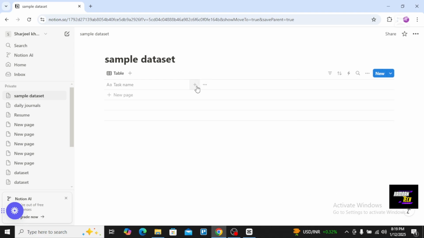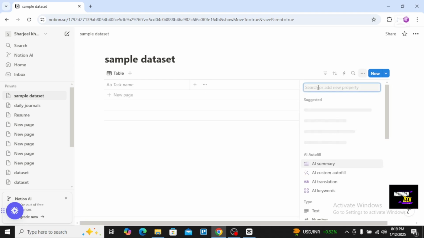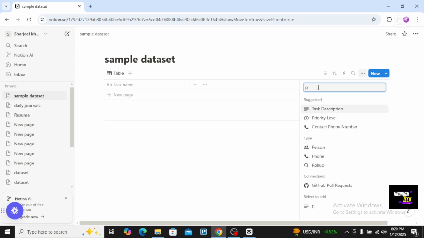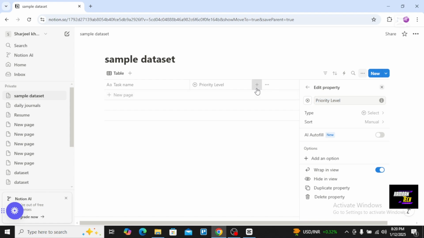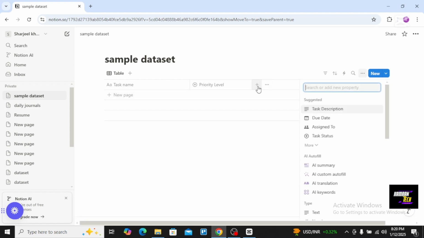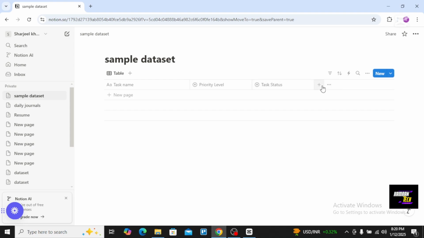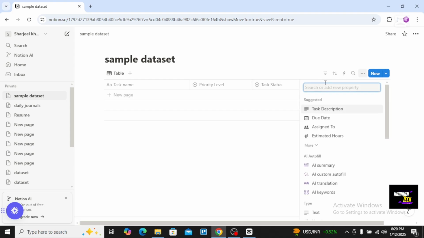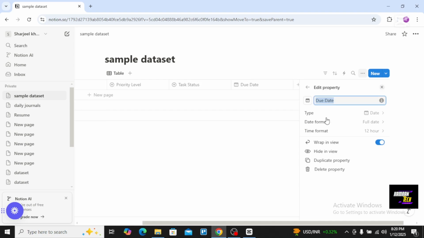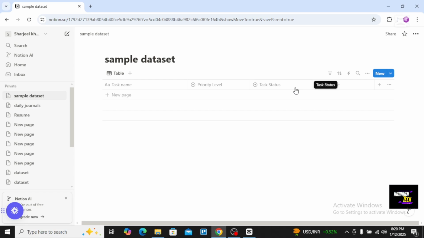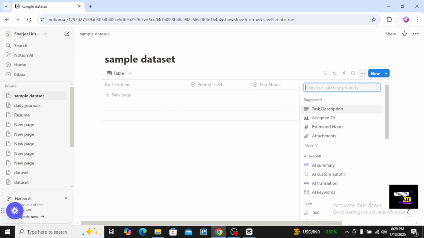and here you will write priority. You will select it from the suggestion here, so just tap on priority level. Again I will tap plus and type task status. Again I will tap plus and tap due date, and again I will select plus and write assign,